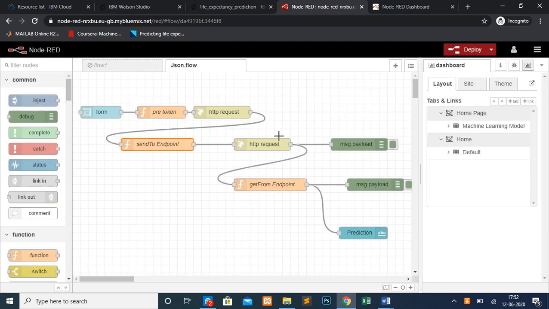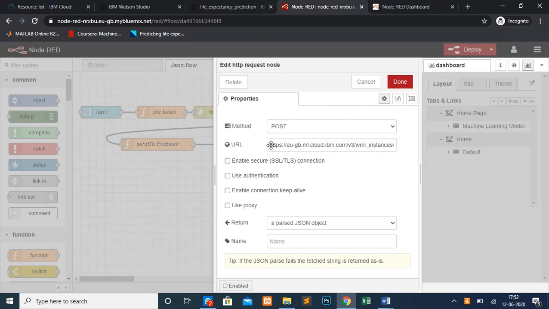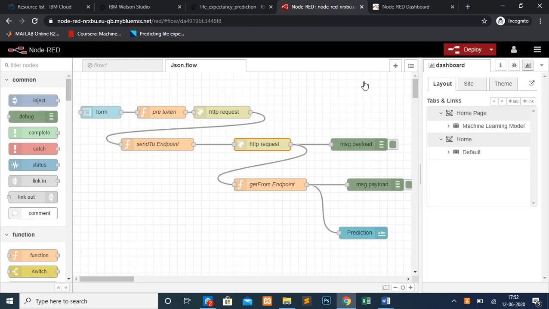After that, the HTTP request. In this, the URL is the scoring endpoint. Then this is the get from endpoint.